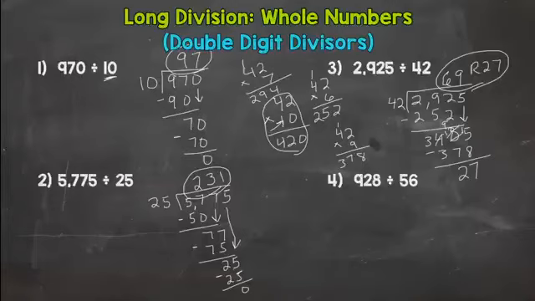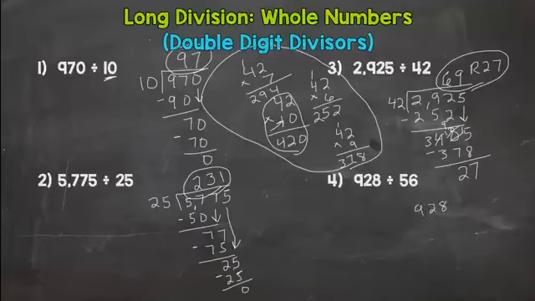All right, notice in number 3, I have 4 extra multiplication problems I did to the side. That's fine. You need to start somewhere and just work your way to get to the closest to the numbers as possible. It's going to take some work for some of these. So number 4, we have 928 divided by